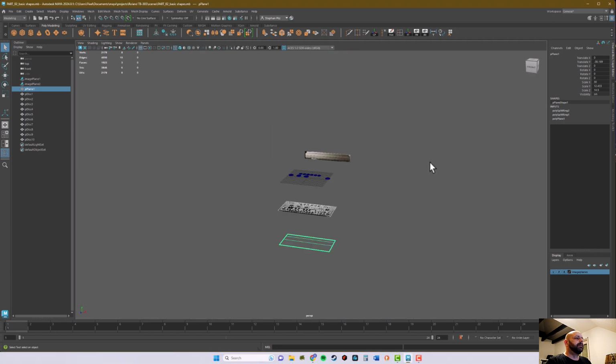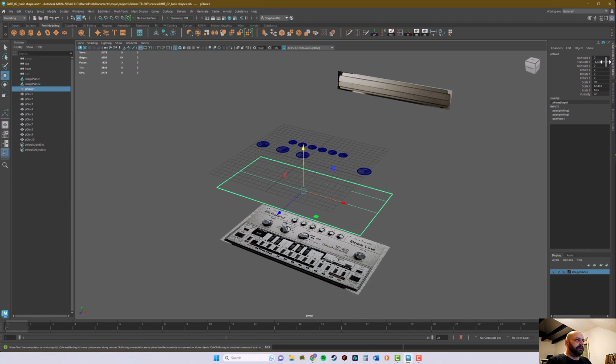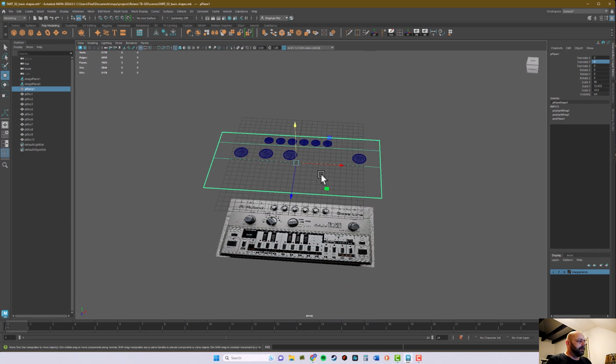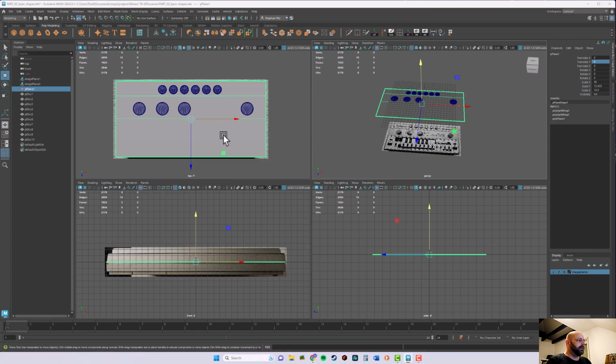So let's go to perspective view and then we bring our plane back up. I wanna have it at 0 again. So I go here to translate Y, click on that and type in 0. So it's sitting exactly on the grid, and that's where I want to have it. Now we go back to the top view,